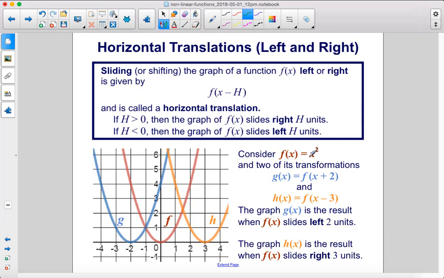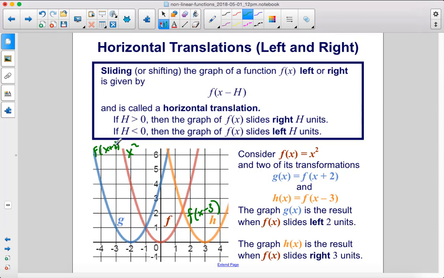Consider f of x equals x squared, which is this graph in red here. Two of its transformations: g of x in blue is f of x plus 2, and in yellow we have h of x equals f of x minus 3. The graph g of x, the blue one, is the result when f of x slides left 2 units,